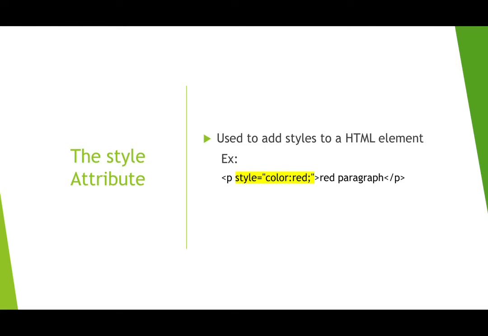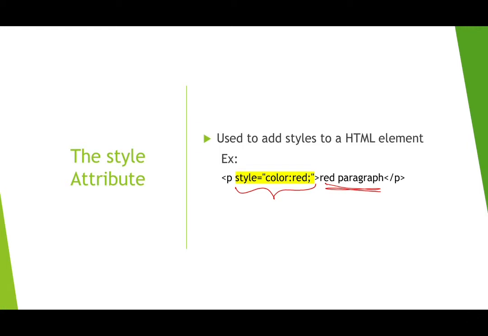So next we are going to learn about the style attribute. The style attribute is used to add styles to an element such as color, font, size and more. As I said previously, you have to include the attributes in the start tag. For example, if you have included style equals color:red inside the paragraph start tag, then the respective paragraph will be displayed in red color in the web page. That is, we are setting the color property of the paragraph using the style attribute here. This is just an example. We will discuss the style attribute in detail in the upcoming lectures.